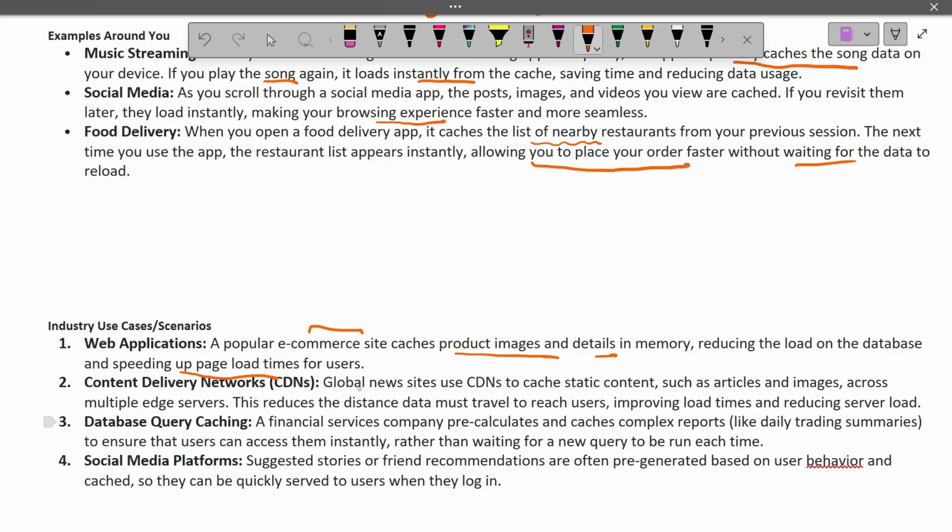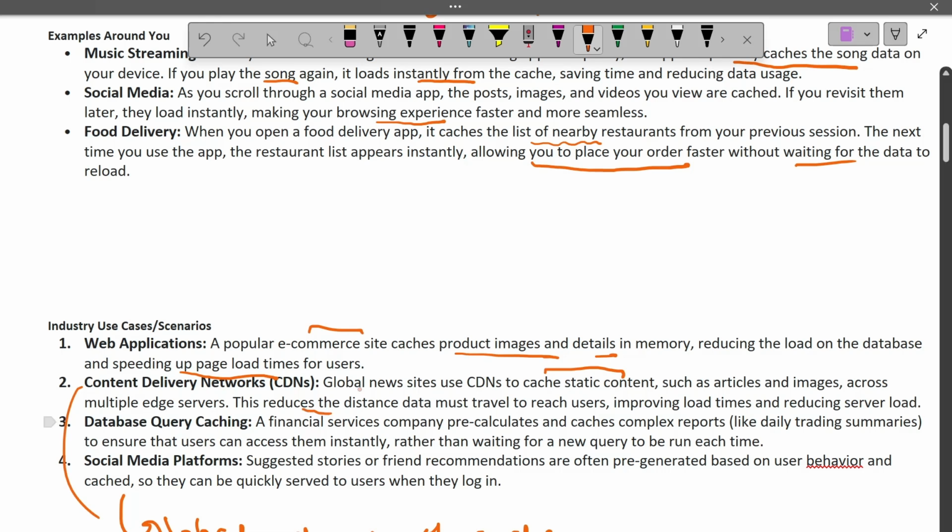Content delivery networks are a fantastic use case of this concept of caching. We'll come to that. They also would want to cache all the static content that you use, because people will read news once they wake up in the morning. So they will cache all this static content across multiple edge servers. So this is a global network of cache, you can think. So that the news which is originating,